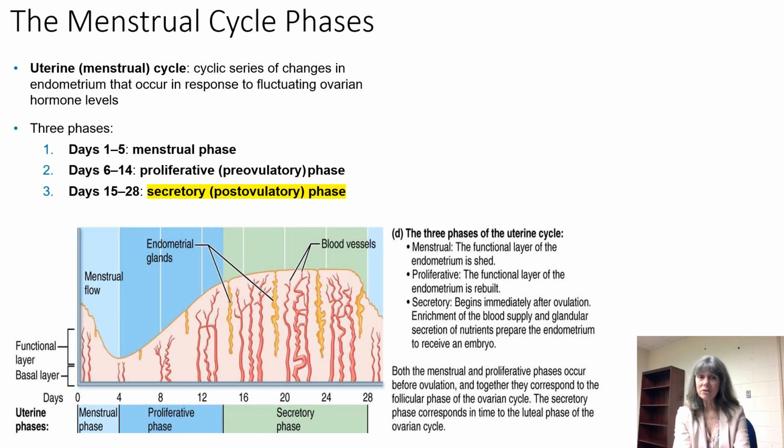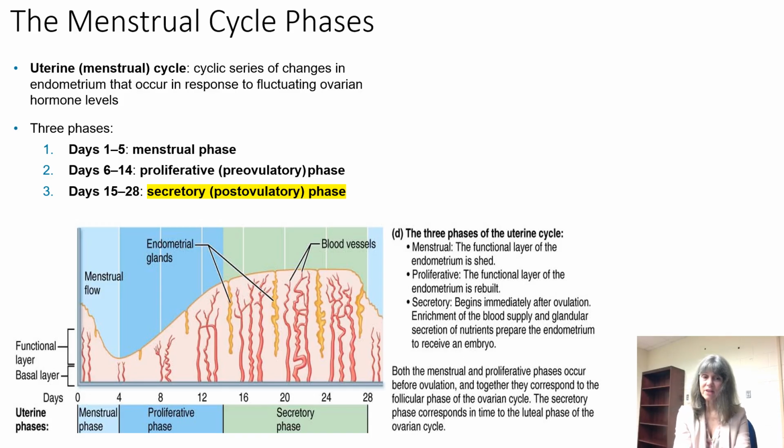The menstrual or uterine cycle involves a series of cyclic changes in the endometrium that happen in accordance with the fluctuation of ovarian hormones. There are 3 phases to the menstrual cycle. Keep in mind that a menstrual cycle occurs every 28 days. The first 5 days, days 1 through 5, is the first of the 3 phases, which is known as the